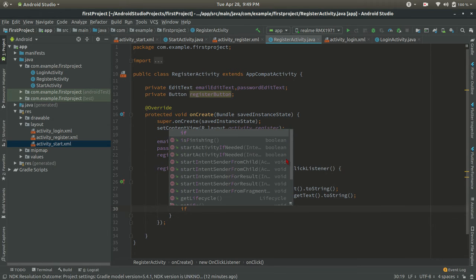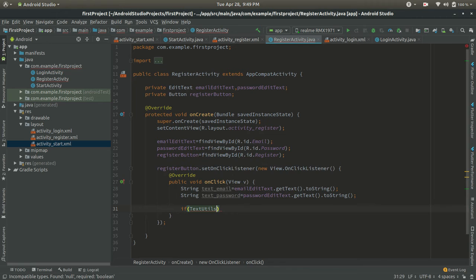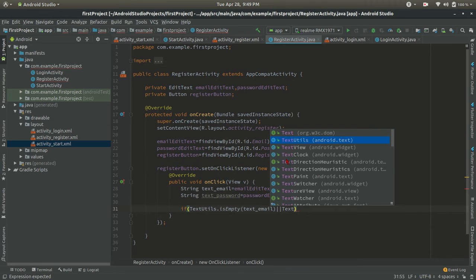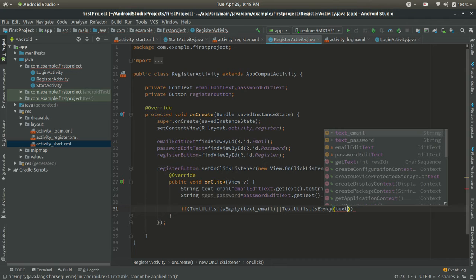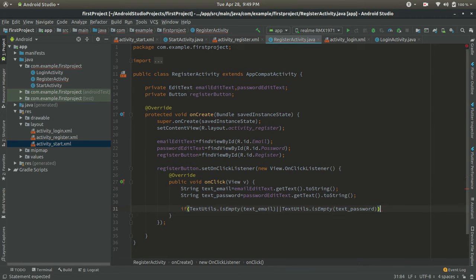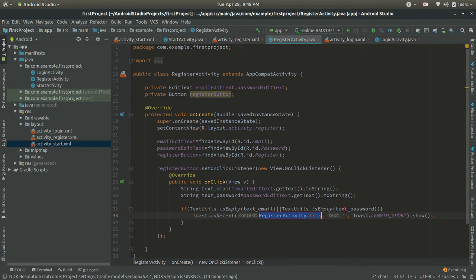So if TextUtils dot is empty for text email, or TextUtils dot is empty for text password, now we will create a toast message, toast, and we will give the text empty credential.